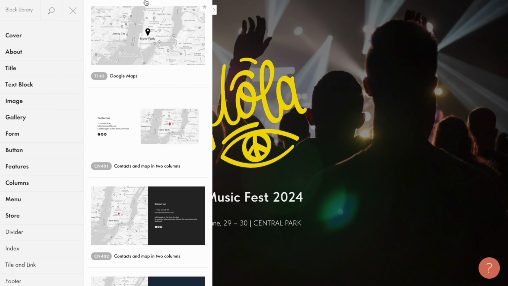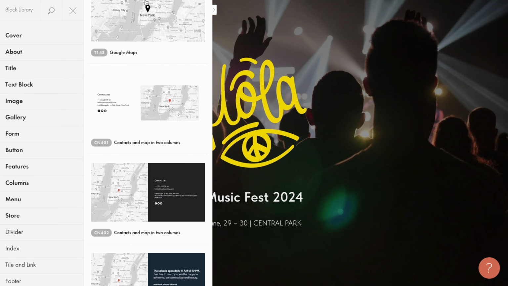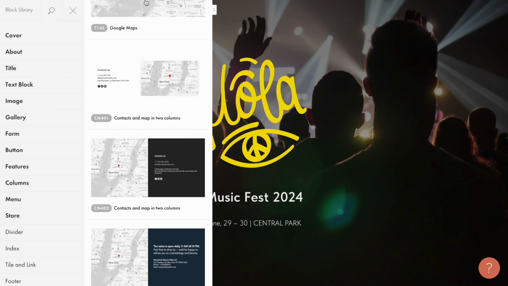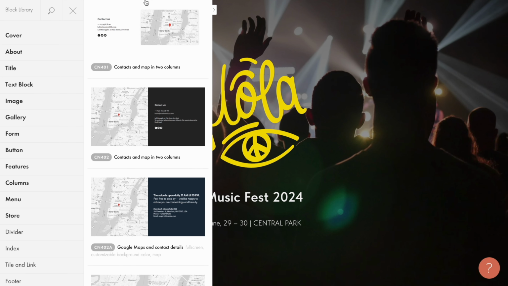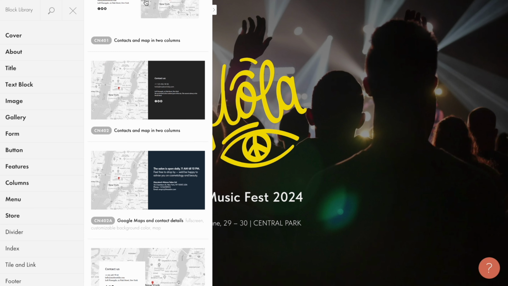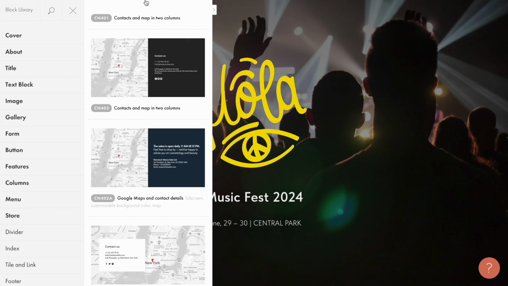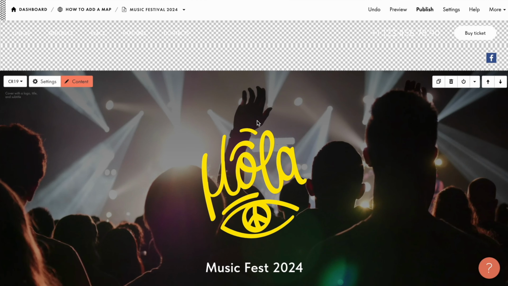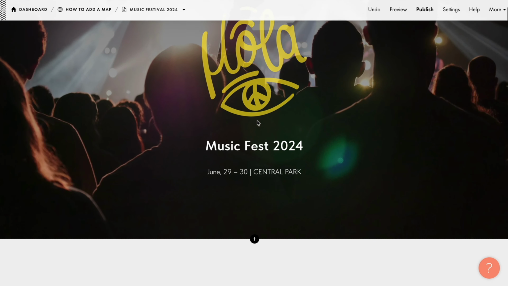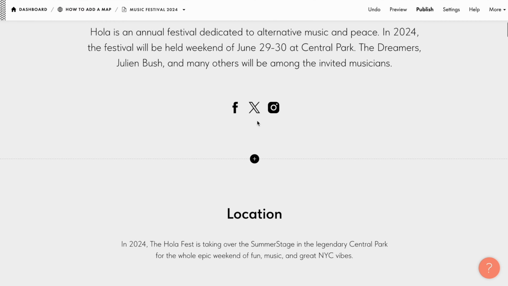Hi there! In this video, I'm going to show you how to add a Google Map to your Tilda website and customize it. I'll be using block T143 from the Other category as an example, but you can use this tutorial to set up any block with a map, as the steps you will learn are relevant to all map blocks on Tilda. Suppose I'm creating a website for a music festival and need to include a map so attendees can easily locate the venue.